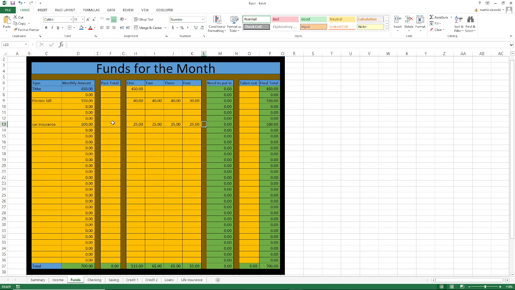And then this is the past due. So next month, when you clear it out, you'll put $100 there, and I'll cover that later. So that's how this is basically set up.